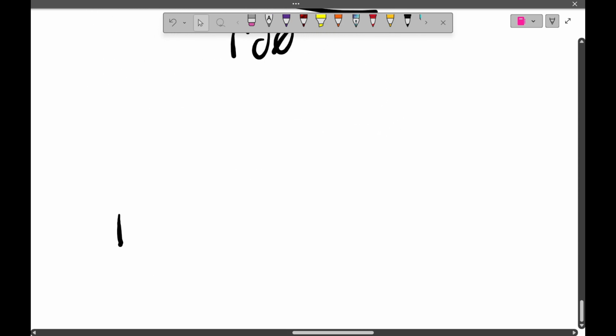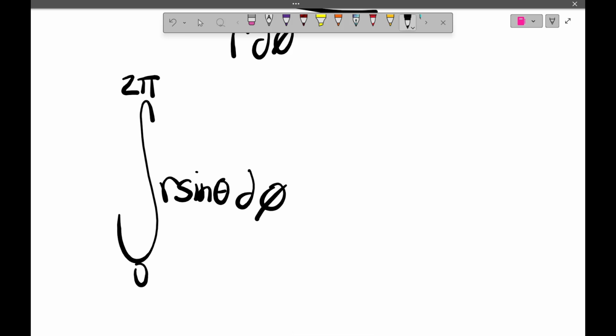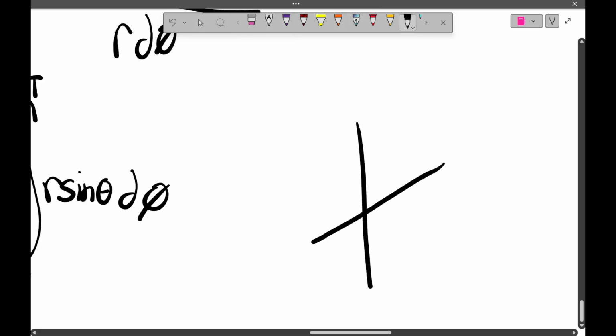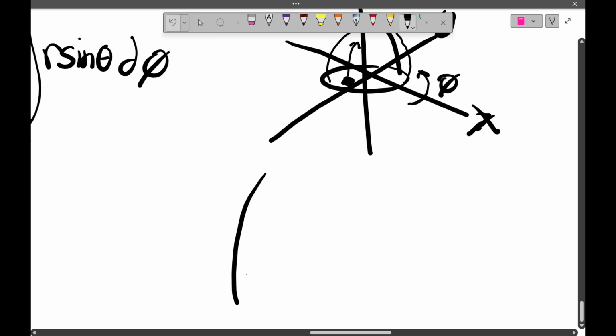So let's look at our integral again. We have 0 to 2 pi r sine theta d phi. So we're revolving our integral to capture every part of this hemisphere, going that way. Phi represents your angle in the xy plane. Now to capture the z component, because remember, you have to move up somehow, you're moving up this hemisphere with infinitesimally small areas. The other part of that arc by arc section